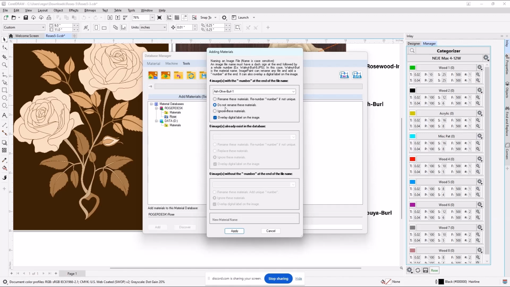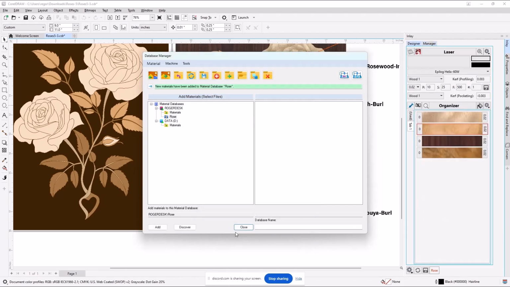The other options down in here is don't rename them, ignore these digital. They come into effect if I try to load the same image twice, it'll come back and say, well, it already exists. What are you doing? Do you want me to rename it? Renumber if they're not correct, and so forth and so on. There may be other information that's applied, but right now, the second I apply, two things are going to happen.